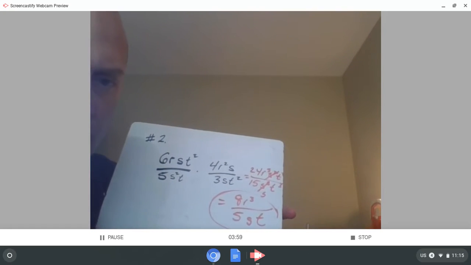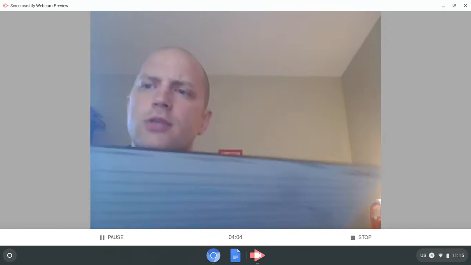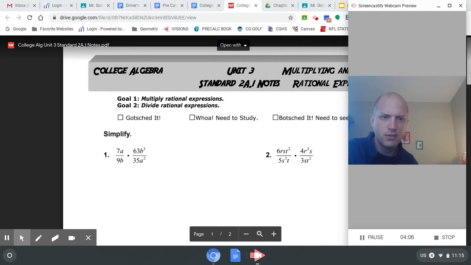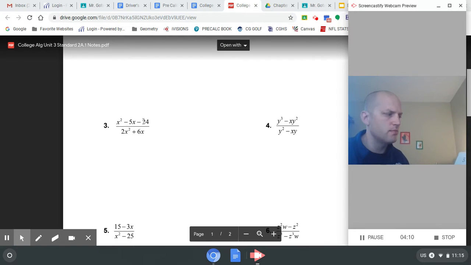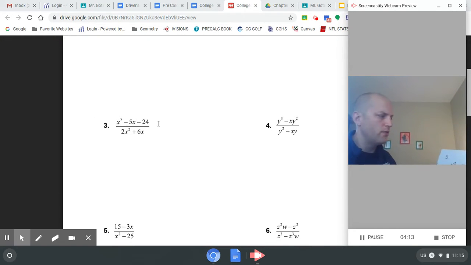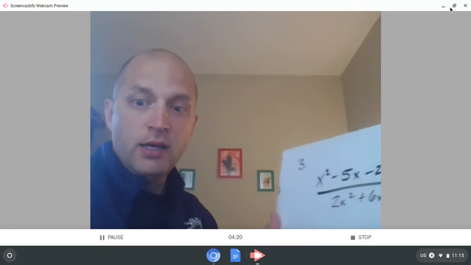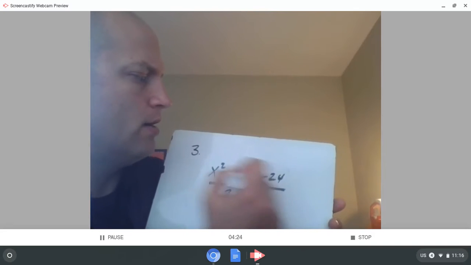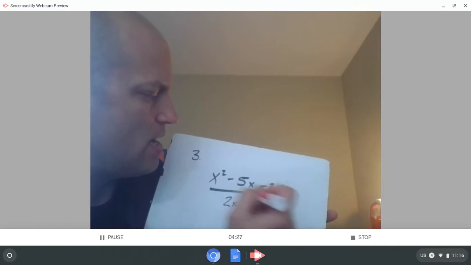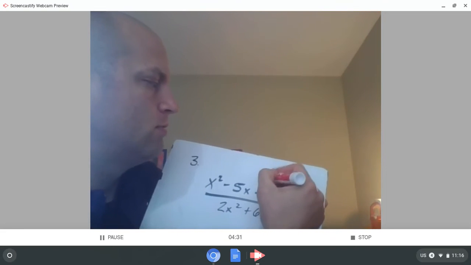All right, let's move on to example 3. If you look at your notes, I'm moving down to example 3. I have x squared minus 5x minus 24, and I have the binomial 2x squared plus 6x. Now it gets a little bit tougher. This is a trinomial, this is a binomial. We can't just take pieces away and start reducing like that. But what we can do